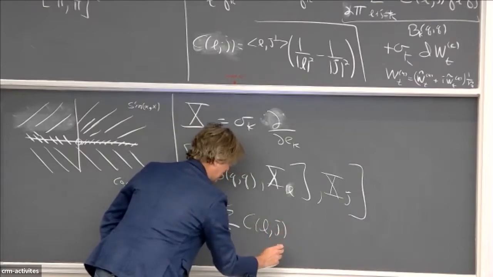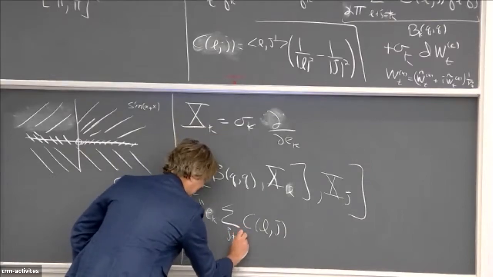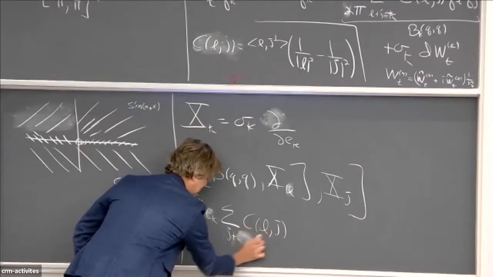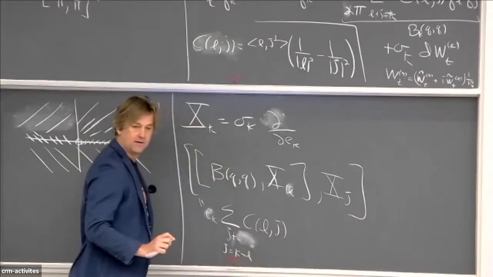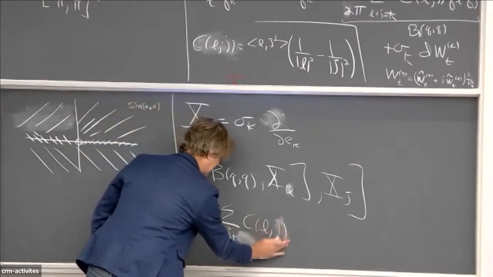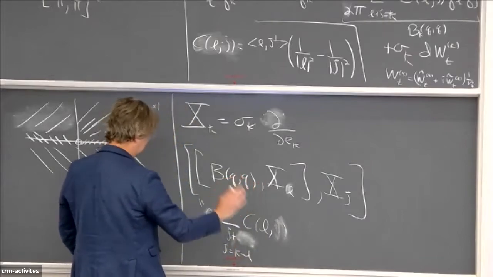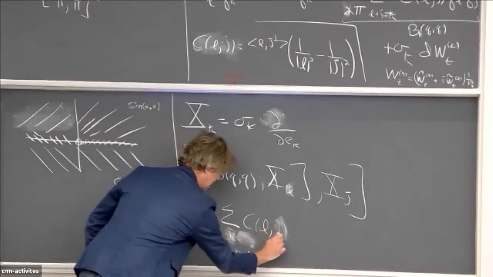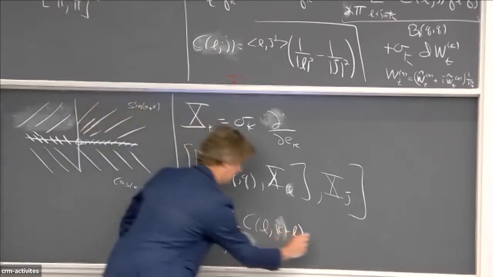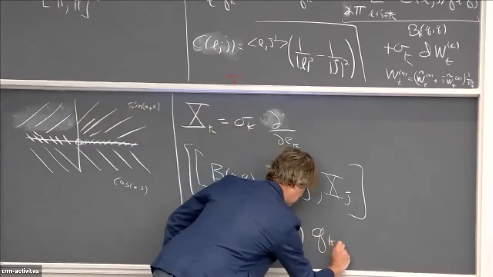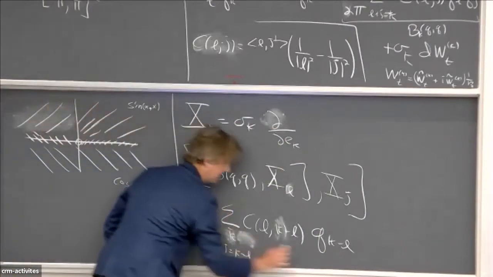C_lj, right? And what is j equal to? Remember, j plus l equaled k. So that means that j has to equal k minus l, right? So I can just go ahead and put this as, so I'm summing over k, and now this is k minus l, right? And then I have Q_{k-l}. Sum over, and this k is inside.